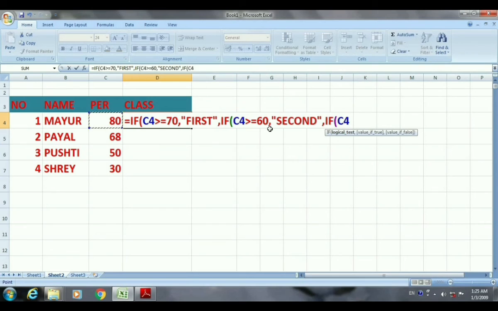So now check greater than or equal to 40, then as a true statement you print the value as pass. Then we don't want to check any condition, so if the marks are less than 40, then the student will fail. So here you provide the false statement, that is fail.